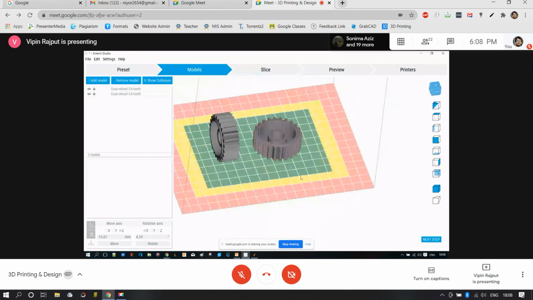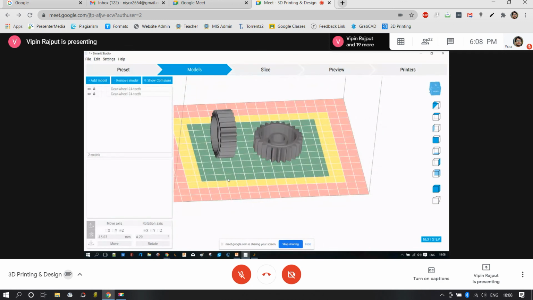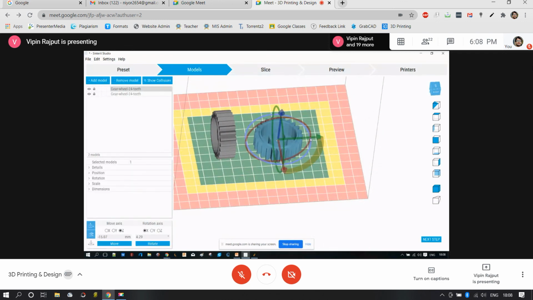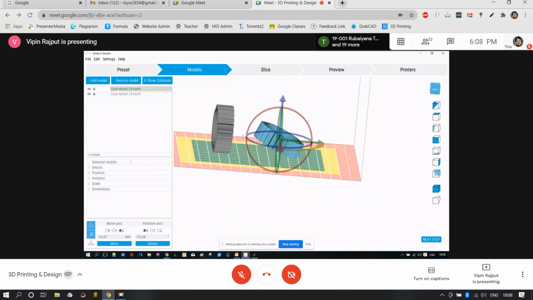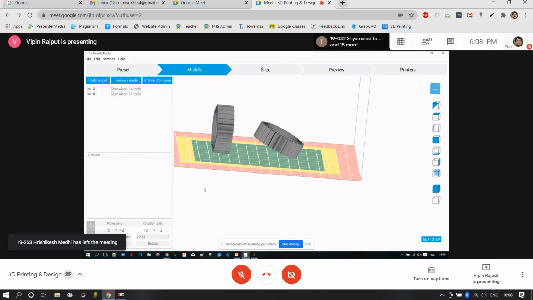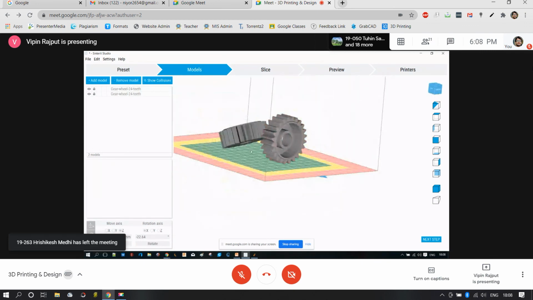Okay. So according to you, what should be my orientation of placing the model? I'll just change this as well. Is this good or this one? Let this be number one and let this be number two. What should be our orientation to print the model?